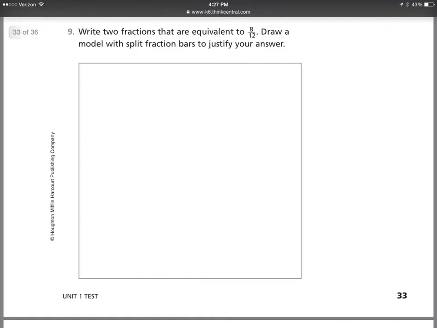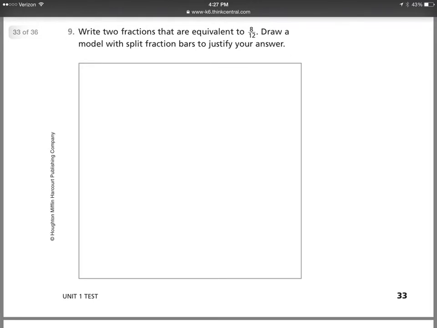In this video, we're going to continue our review of Unit 1. This will be Part 2. And we're going to be starting with number 9. This question is asking you to write two equivalent fractions, and they're asking you to use a split fraction bar